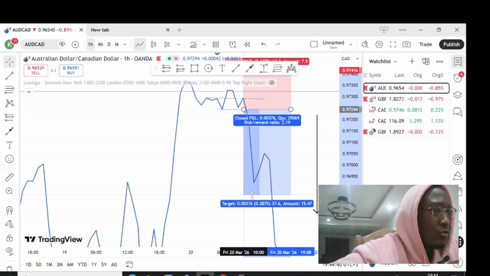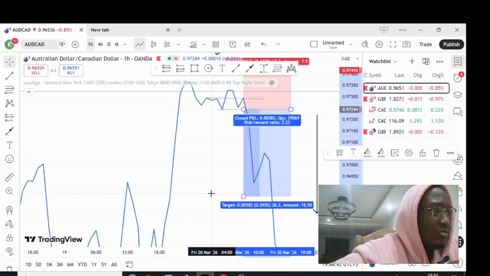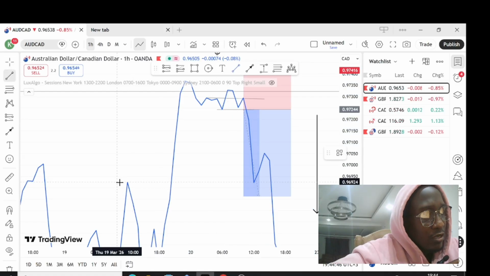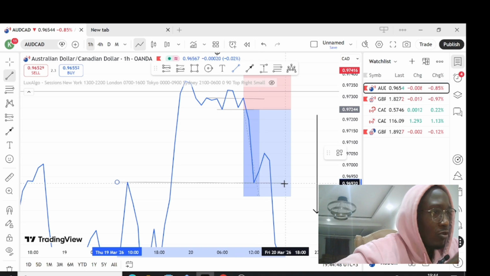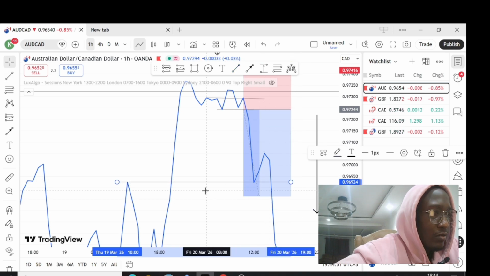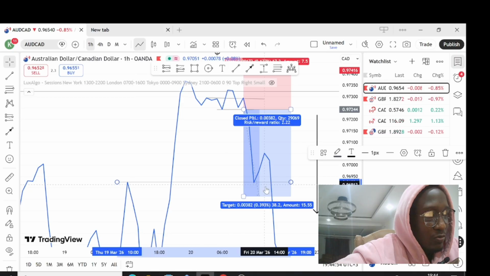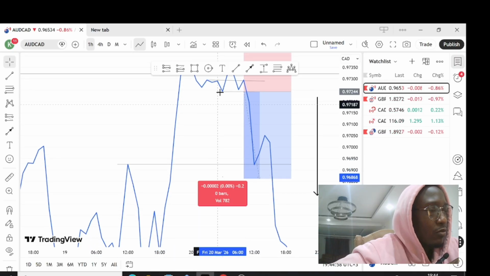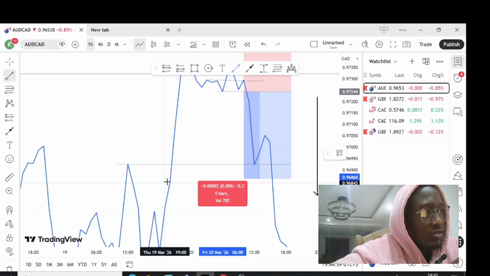There's some over here, some over there, and then my first TP was this one. Every corner matters when you're using the line graph. So that's my first TP. This point here was my first TP, and then the rest you just make from